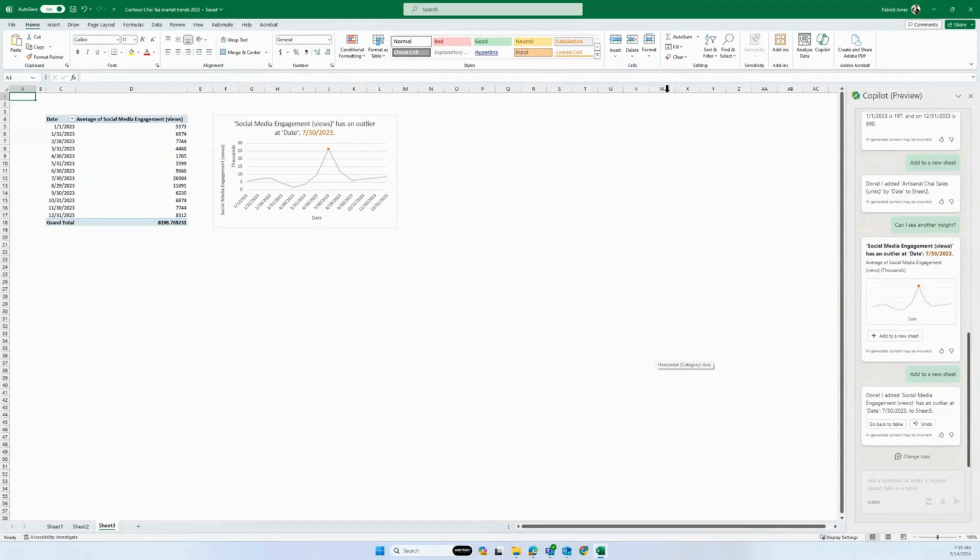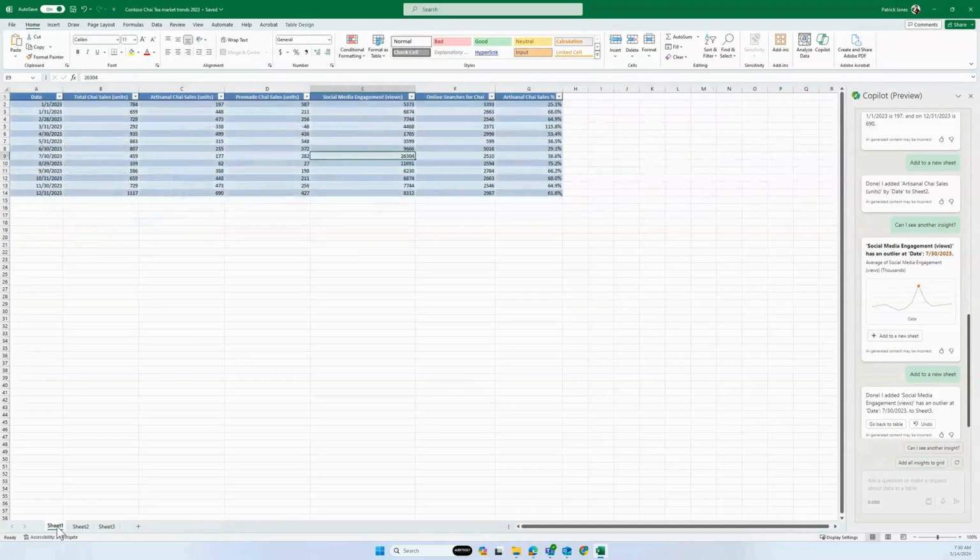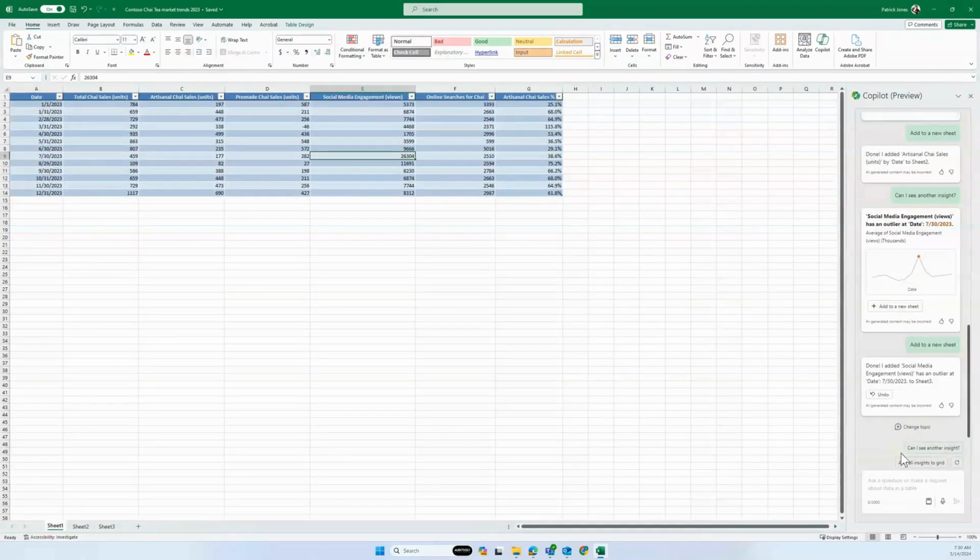So there's lots of suggestions you can use for Copilot to analyze that data. But again, you notice that it changes right here, right? There's no information here because it's on a sheet. But when I go to the table, now it provides the prompts, right? And the way we saw these insights,